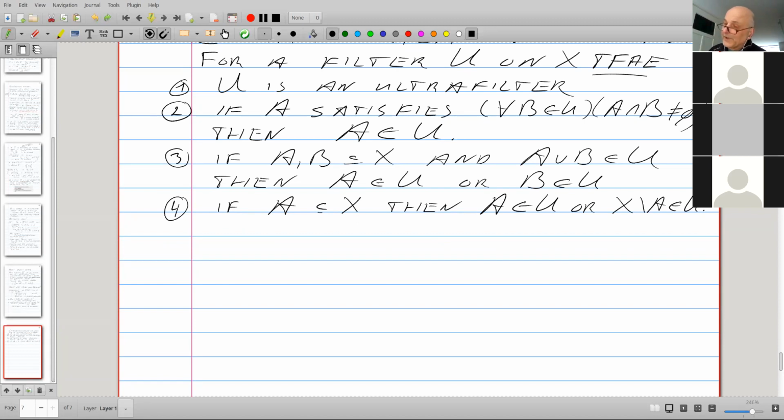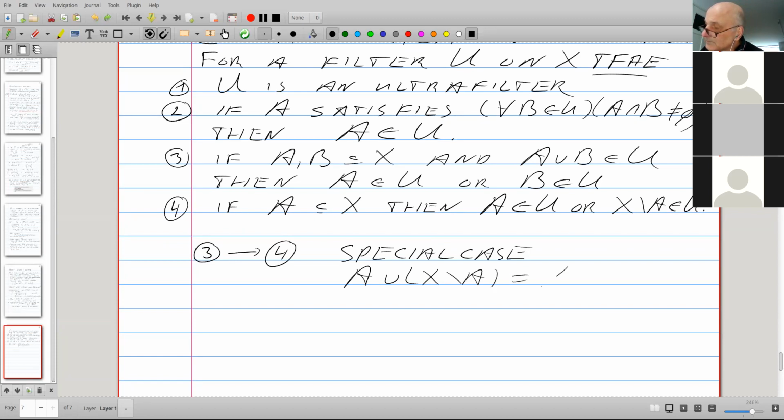And so how do we prove this? Well, I just said we're going to prove the whole chain of implications. If I have a subset of X, then the union of it with its complement is everything, and that belongs to the ultrafilter.